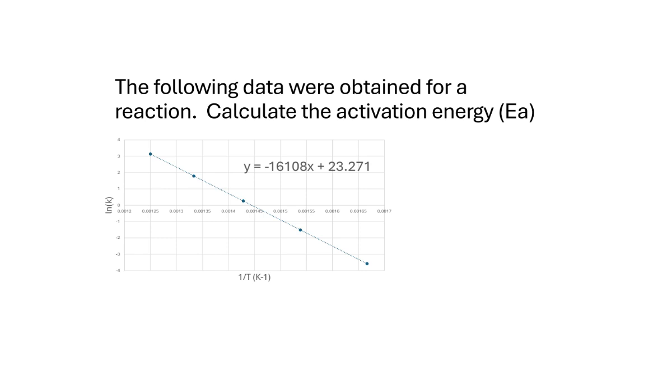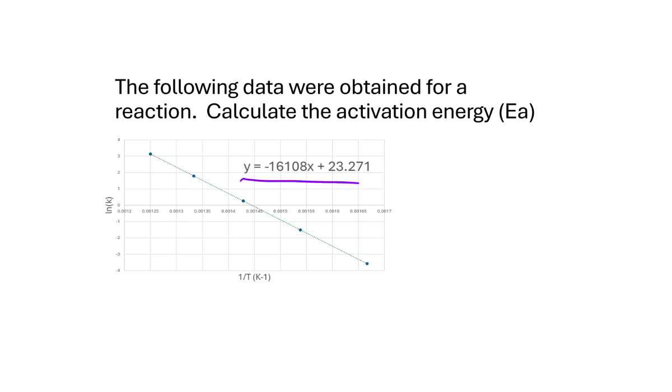And we're given an equation for the line that is shown here. And we want to calculate the activation energy. Okay. So we know that